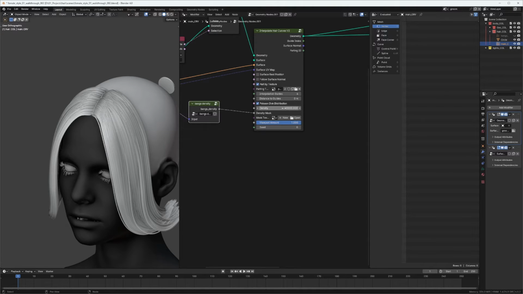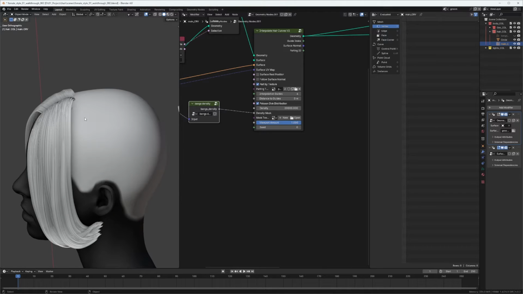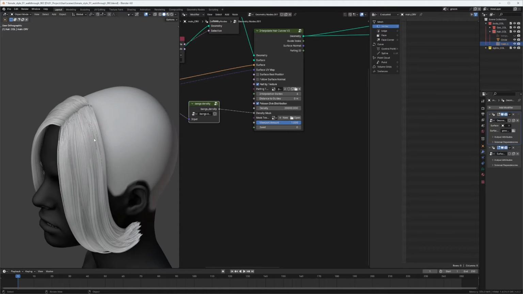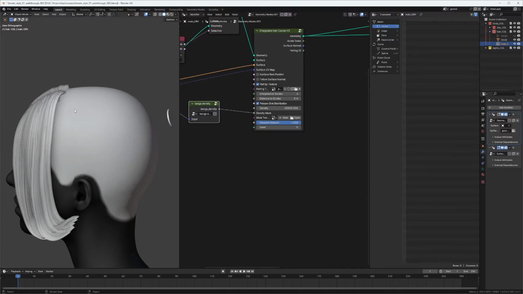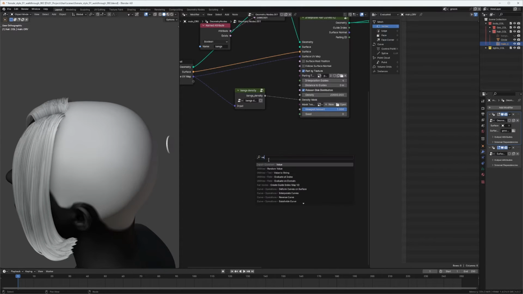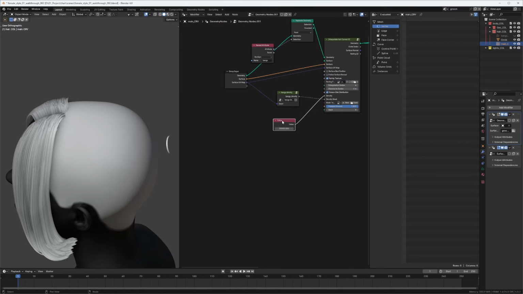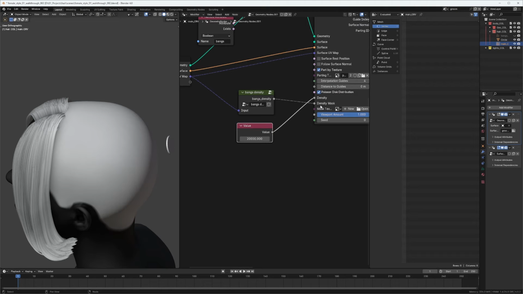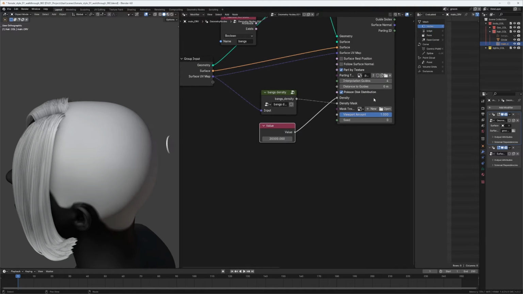And this value now for density we will have to use as well on the main hair to make sure we have a uniform density all over and not like the bangs having more hair than they should compared to the rest of the hair. So we're going to use a value node and grab this one here and plug it in there, because then later on we can also plug this one into the main density. Okay,